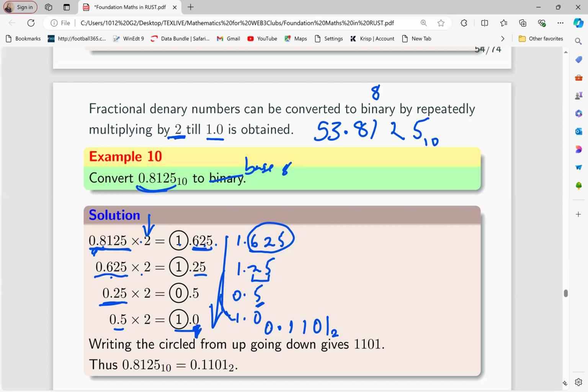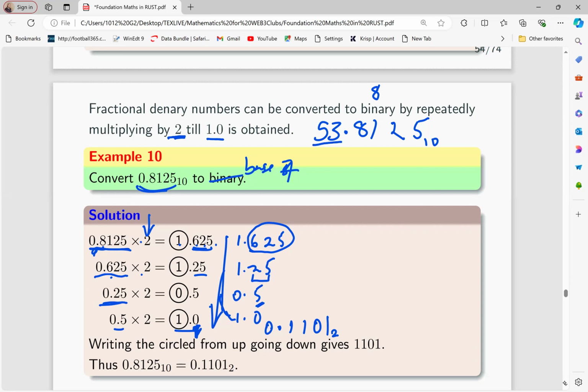So I'm just using 2 to stand for any other base. I'm converting from base 10 to any other base. So 2 is just an example. If I'm told to convert this number to base 7, it is already in base 10, so where there's 2 here, just replace it by 7 and multiply by 7, and so on. So now the question I want to answer is, supposing I have a number that is mixed,